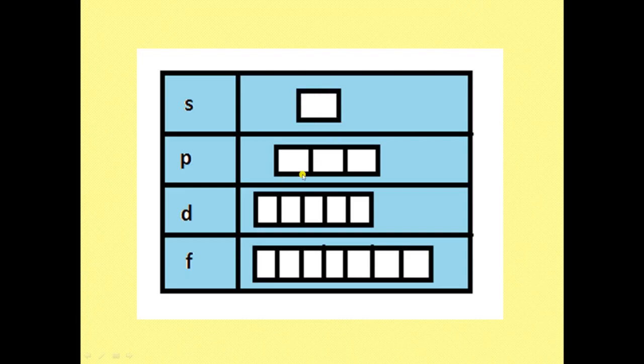In the same way, here in p subshell there are 3 orbitals, px, py and pz. In one orbital only 2 electrons can be present, here also and here also, so a total of 6 electrons are present in 3 orbitals. Now in one orbital the spins of the 2 electrons are in opposite directions, in this orbital also and in this orbital also.